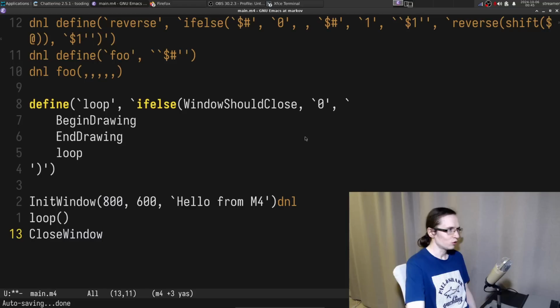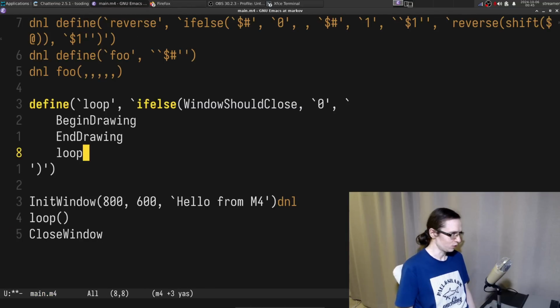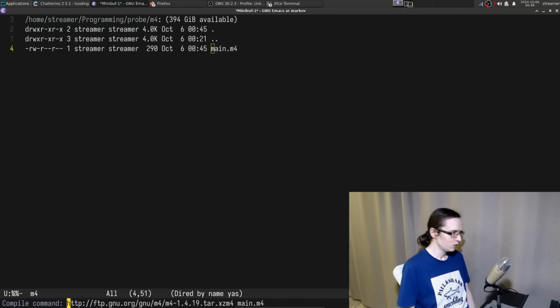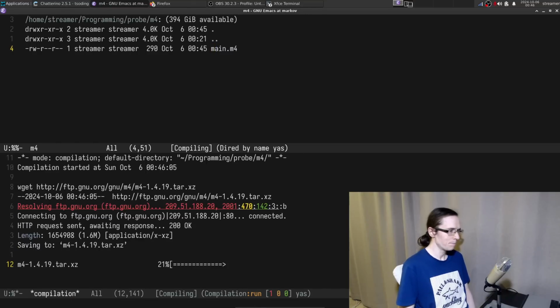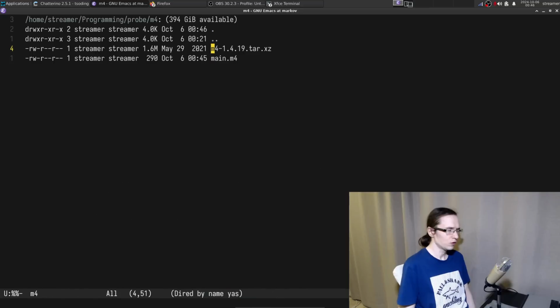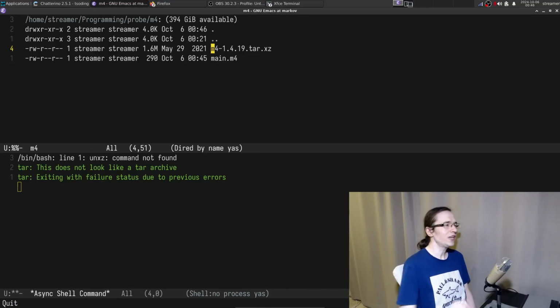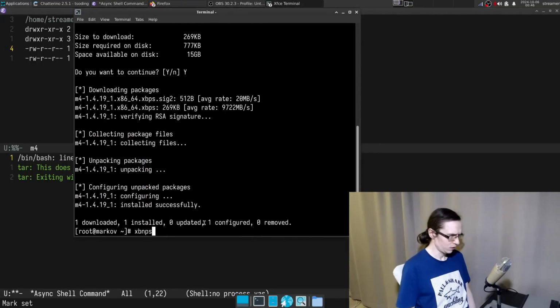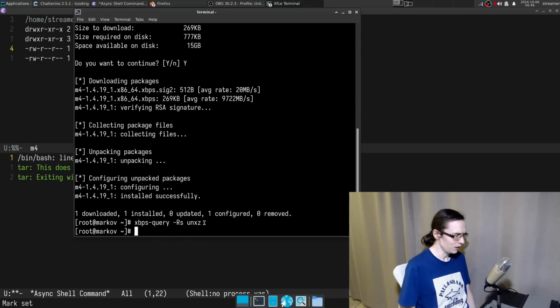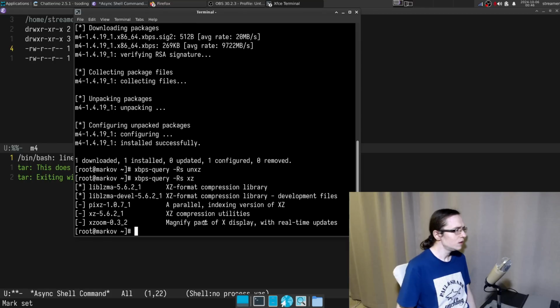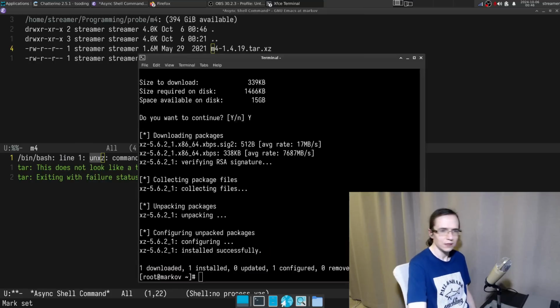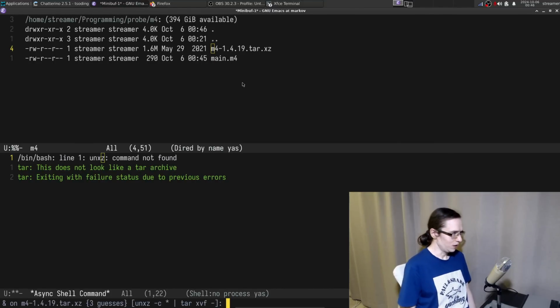So let me copy the source code of this entire thing, and we're gonna try to build it. Okay, so I'm gonna do just wget and tar. So boom. I don't have unxz. Really? That's actually kind of interesting. xbps-query -Rs unxz. Is that a thing? xz? Yeah, so okay, xbps-install xz. Let's go ahead and install it. All right, so maybe now we should be able to, there we go.